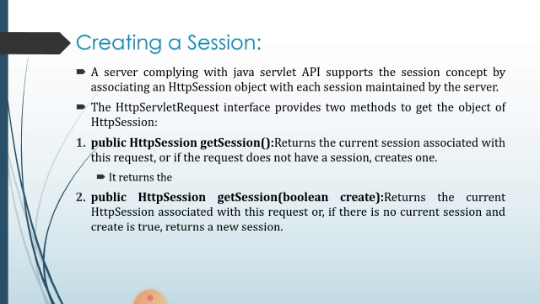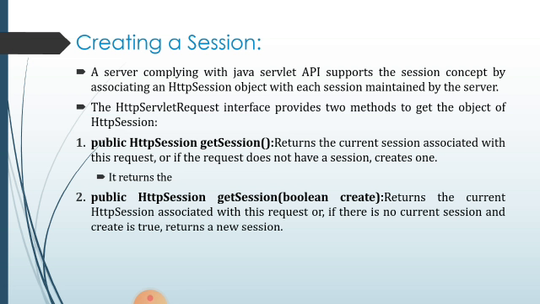Okay, see here, getSession will try to access: if a request came from the client, it will search for the session ID from which the request came. If there is no session ID, then